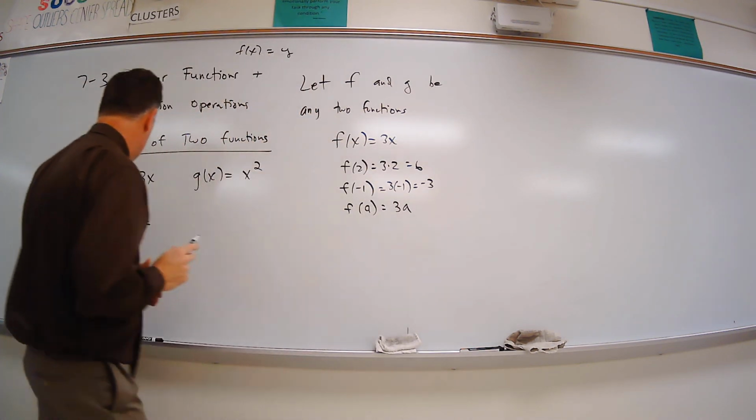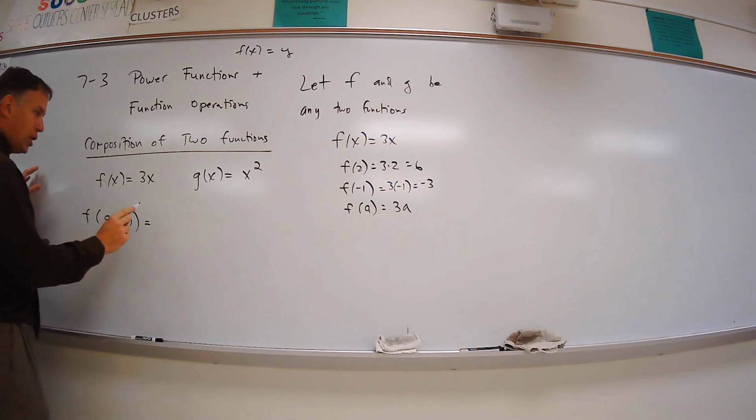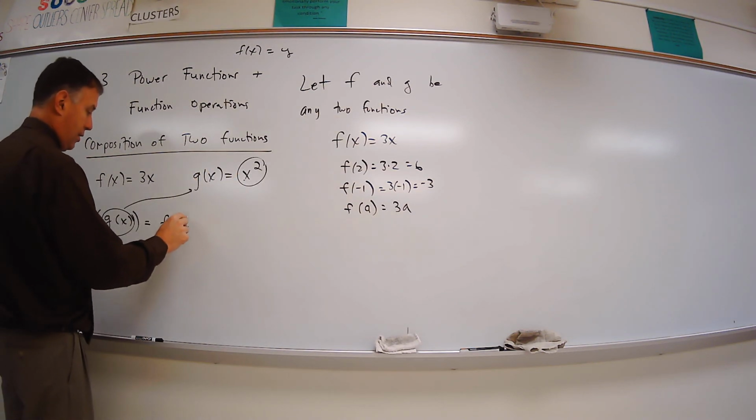So remember that. I want to find f of g of x. Well, what's g of x? G of x is x squared. So I take out the g of x, and I replace it with x squared. So I want to find